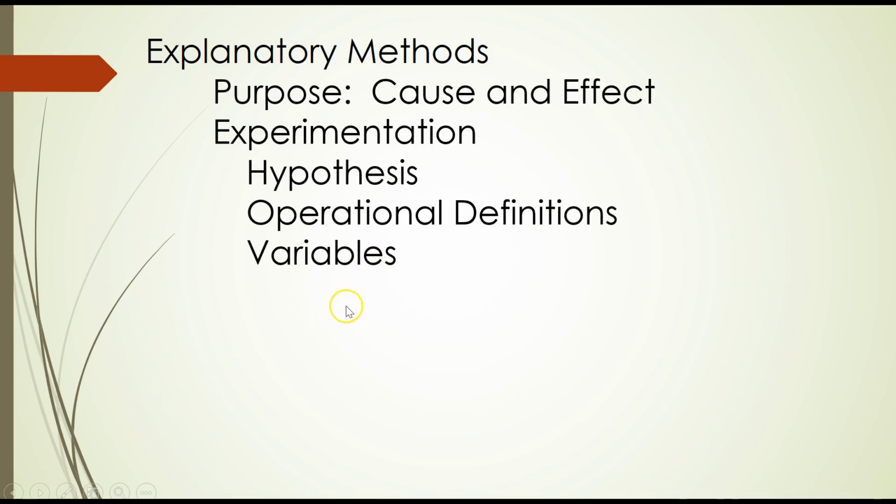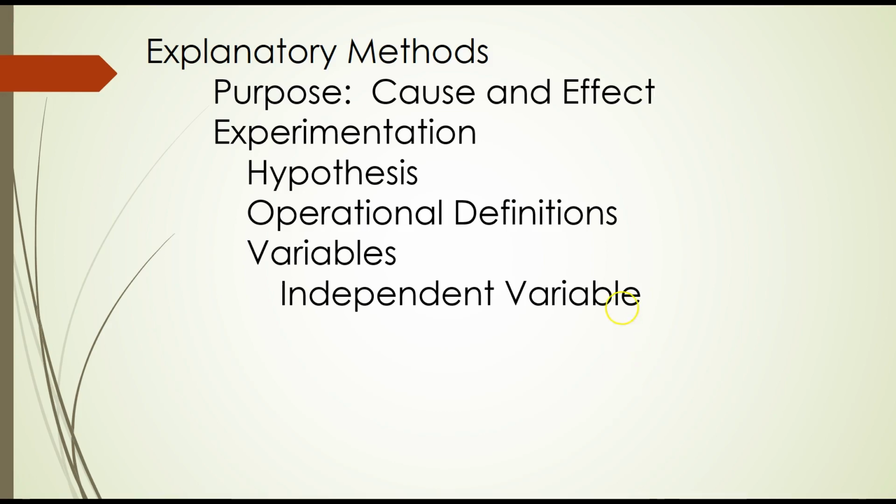The next thing we need to talk about are the variables. I'm going to have you identify the variables at the end with this particular example. You have three primary types of variables that are of importance in an experiment. First, you have the independent variable. The independent variable is the thing that the researcher controls and systematically changes for groups of subjects. Or you can go back to your hypothesis, and the independent variable is the thing that you propose causes a change in some other behavior. So in this experiment,